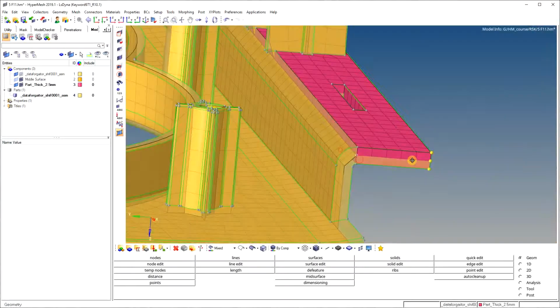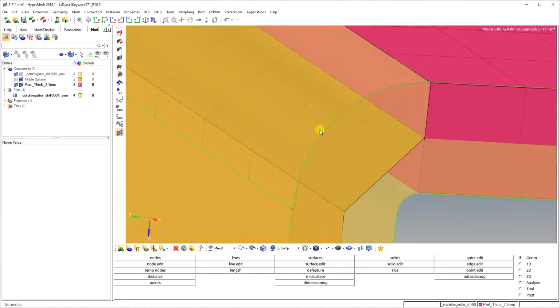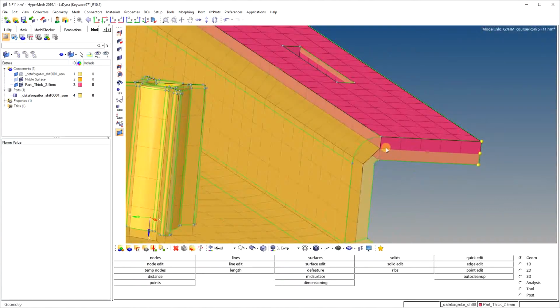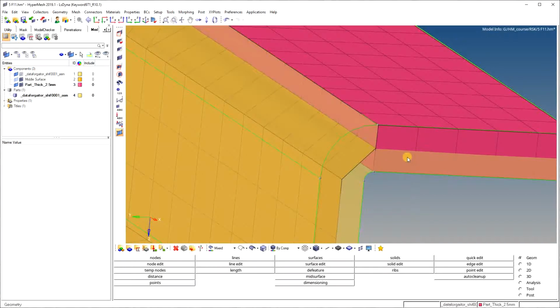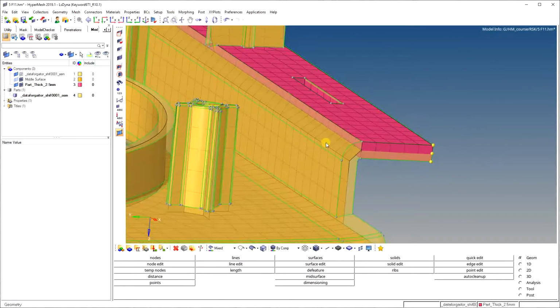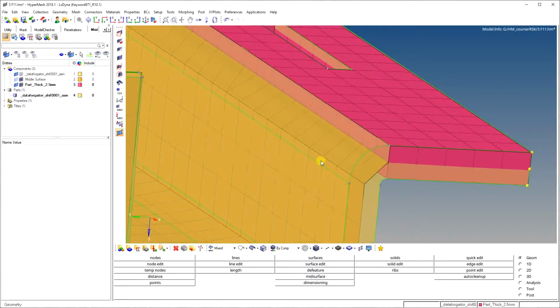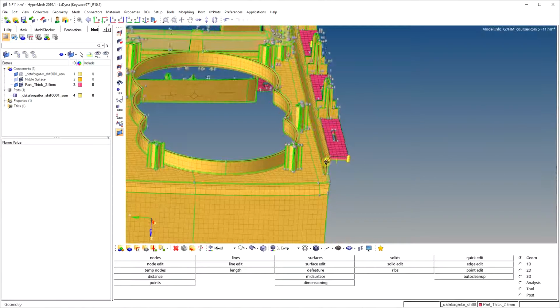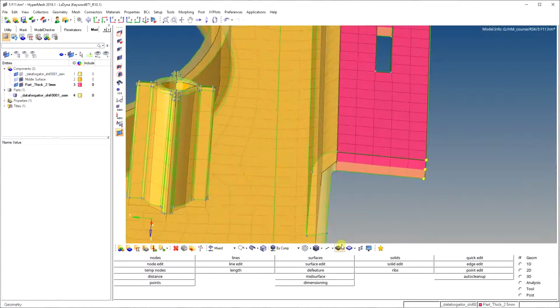Here you see thickness is not assigned, and here you see this solid type of elements, because the thickness is assigned. Here thickness is not assigned. When we assign the thickness on this, it will show like this. And now I'm just turning it off.